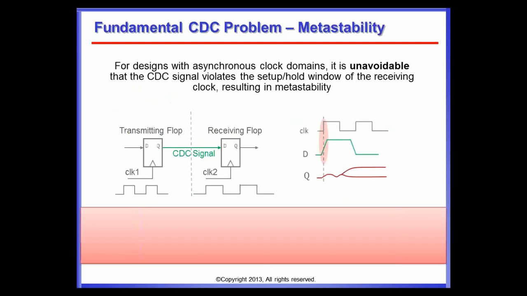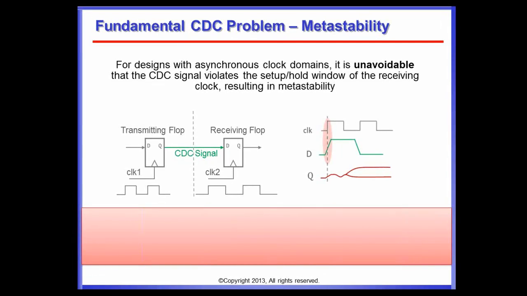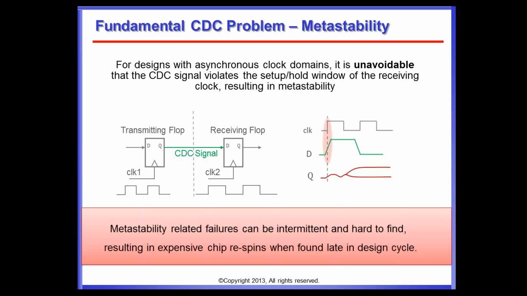If you have two asynchronous clock domains with a transmitting and receiving flop which are out of sync, which can have any relationship to each other, if the receiving clock comes along with a change in the data, your receiving flop might become metastable. It will take a while, with an undefined output, it might swing, and that could take one period or more to get back to a known state. And this is originally the problem we're talking about. So this is clock domain crossing